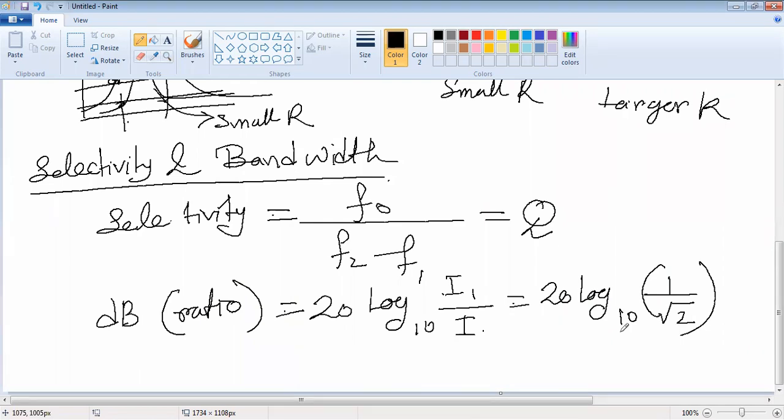So I1 is lower than I0 by 3 dB, and similarly frequency F1 is also lower than the frequency F0 by 3 dB. So the power dissipation at F1 and F2 would be half of the